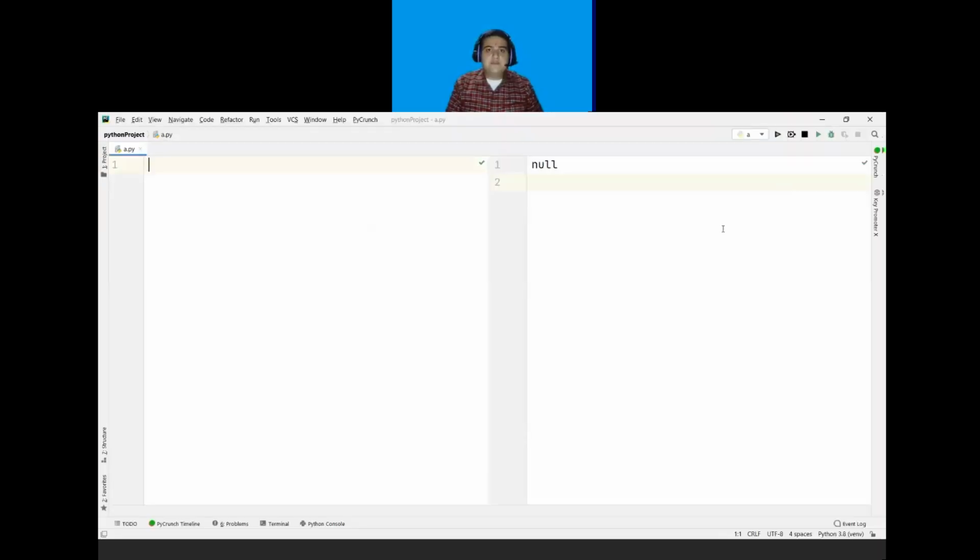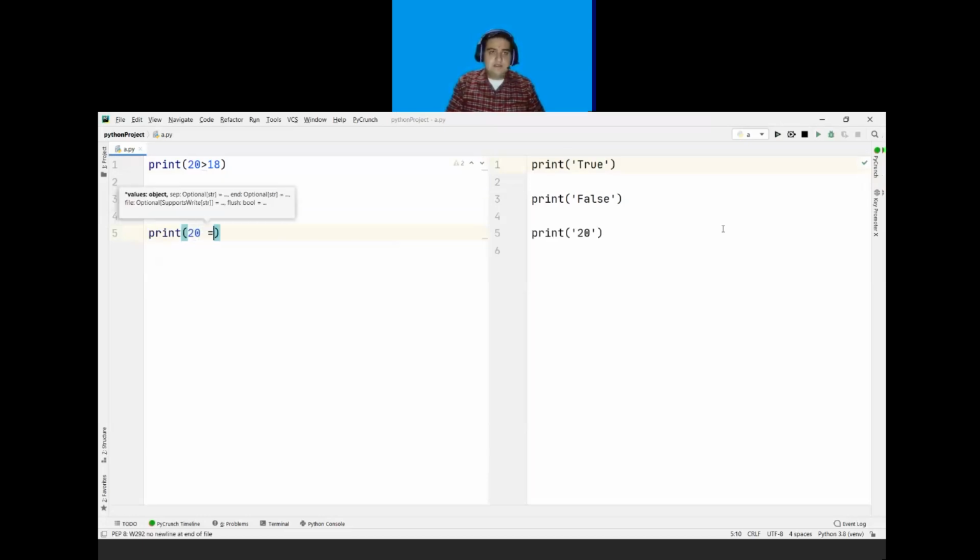So in PyCharm, if I write print and in brackets 20 is greater than 18, or if I write print in brackets 20 is equal to 18, and print 20 is equal to 20, and at last print 20 is less than 18. So in this example,